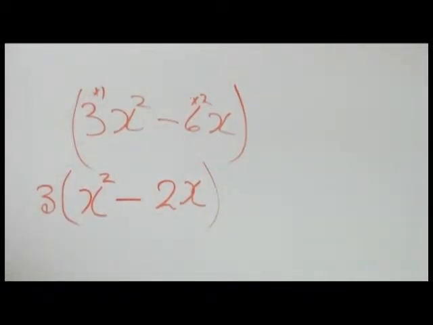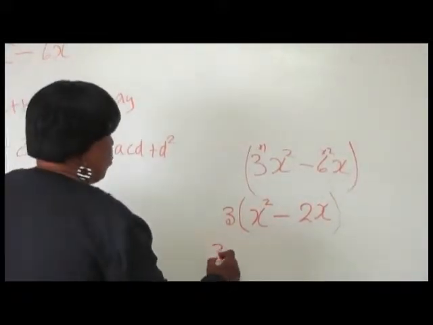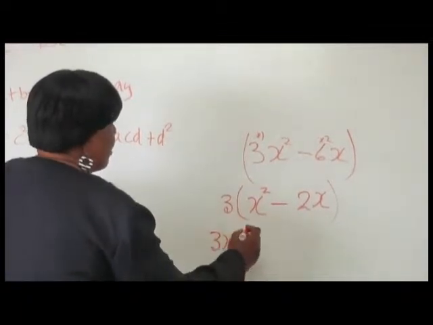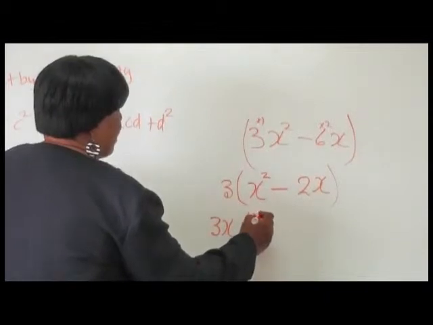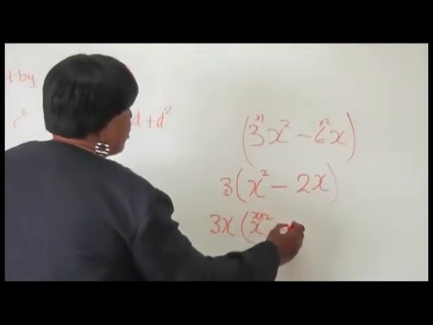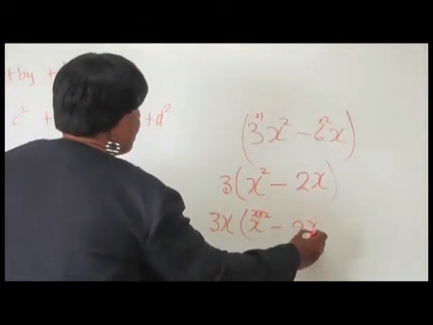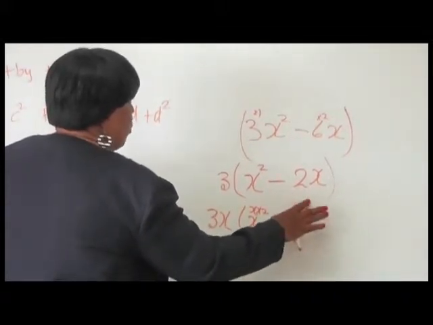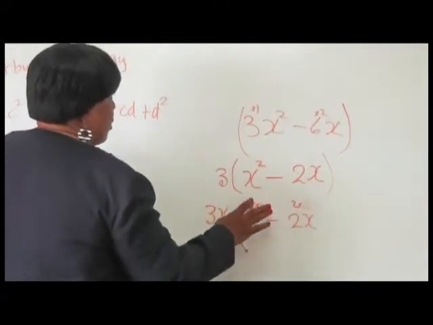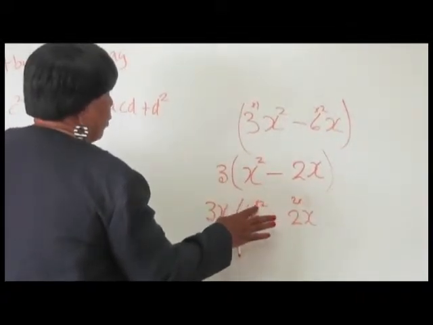We know that x squared means x times x, and we see an x in the second term, so we can take an x outside, and it goes out to meet the 3, so it would be 3x times, and inside we're left with x, because x squared is x times x, and minus 2 times x. So if we have 2 times x, once we remove the x's, you see what we are left with.